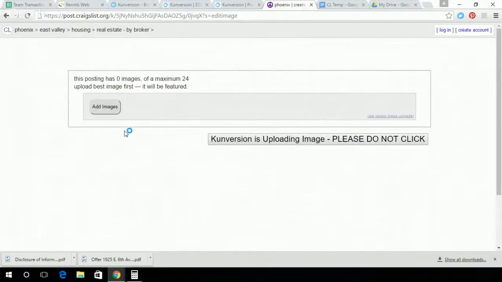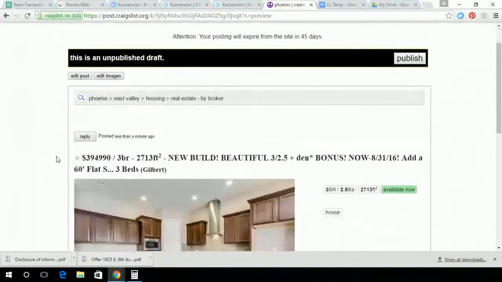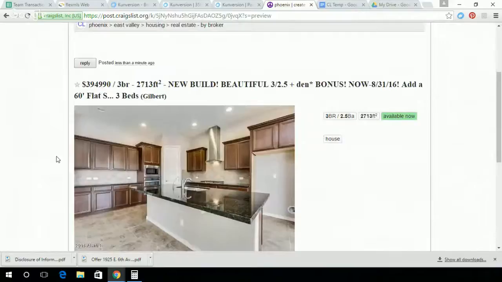Now, people always ask me, should I add more pictures? Should I add more pictures? Yes, it would be great to add more pictures, but it takes too long, okay? If this is a numbers game, we want as many Craigslist ads out there as possible. So we can do a Craigslist ad in less than a minute, about 40, 45 seconds, by doing it this way. Where if we start adding a bunch more pictures to the thing, it'll take us more like 2 or 3 minutes to do it. That's not what we want to do, okay?